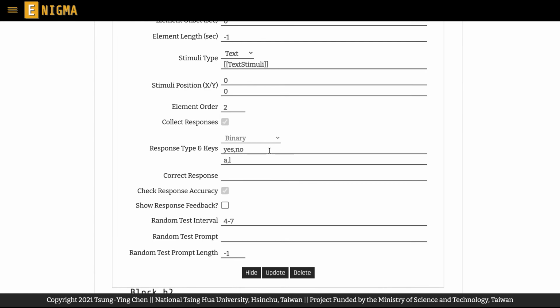Next, in the response type and keys settings, the meaning represented by the binary response keys and prompt texts is fixed. The first response key and prompt text always correspond to the yes response in the test, and the second response key and prompt text always correspond to the no response. Thus, it is important for you to set these keys in text correctly. If you use no as the first prompt text, it could be misleading and perhaps none of your participants could pass this test at all.